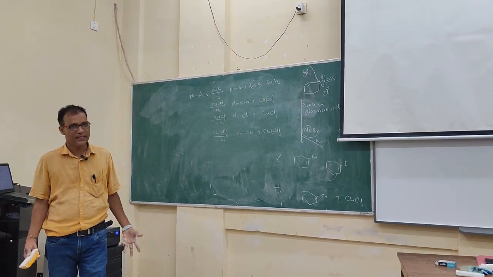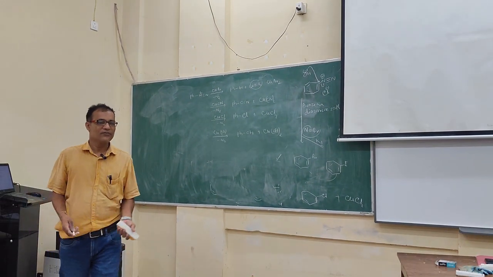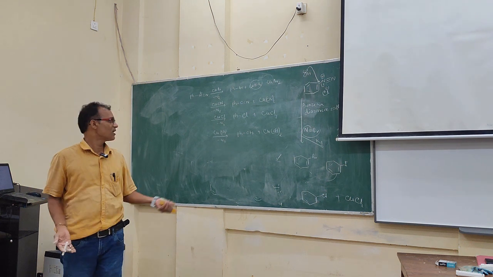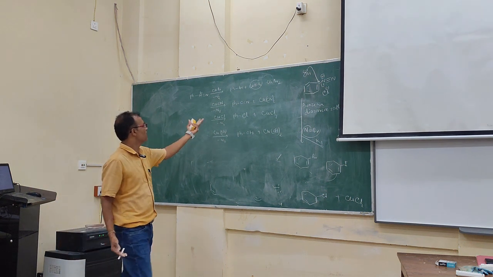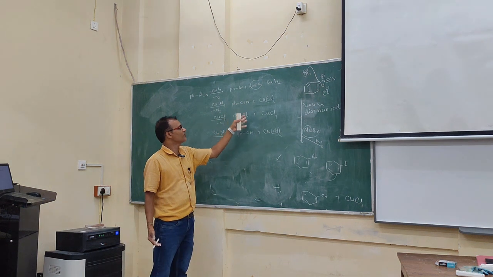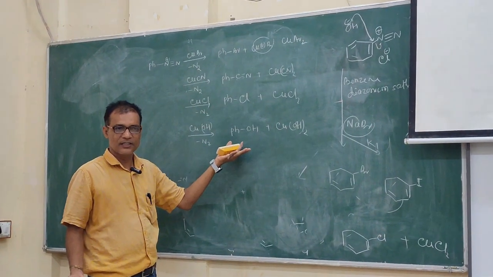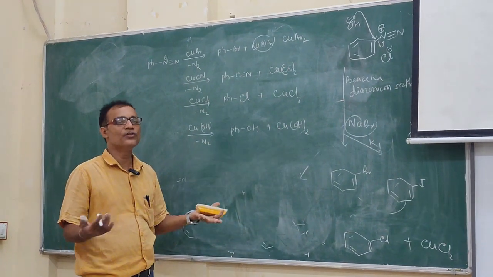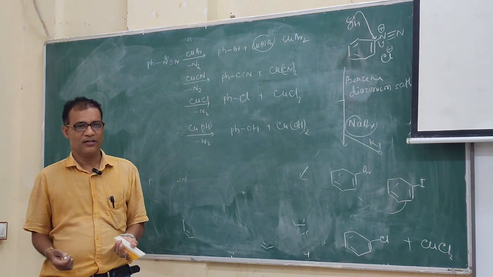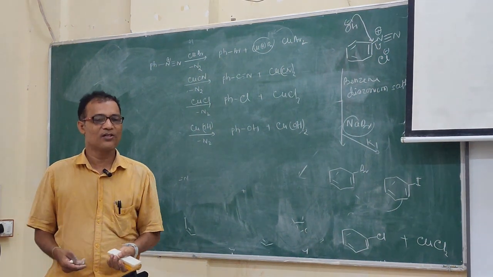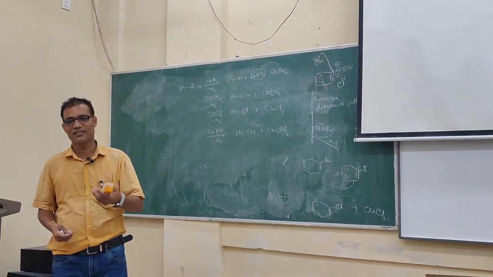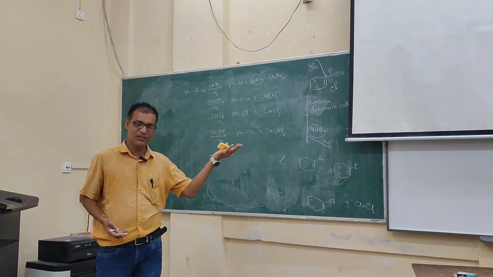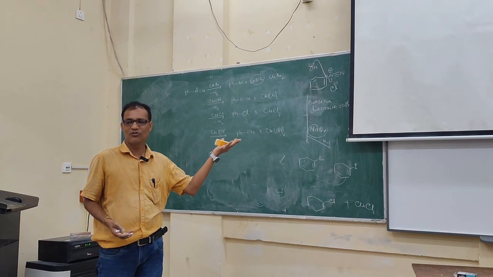That means if there is a diazonium salt, you can make many molecules. You can make a phenol, a bromobenzene, a cyanobenzene, a chlorobenzene. This is the technique that you will use when you are doing research. Suppose you need chlorobenzene, but your laboratory doesn't have chlorobenzene, but it has aniline. So go do diazotization, then you can do it directly with KCl or go for the Sandmeyer with copper chloride.